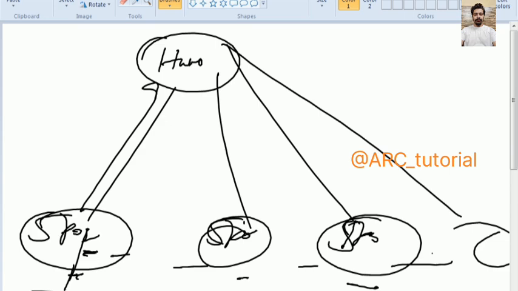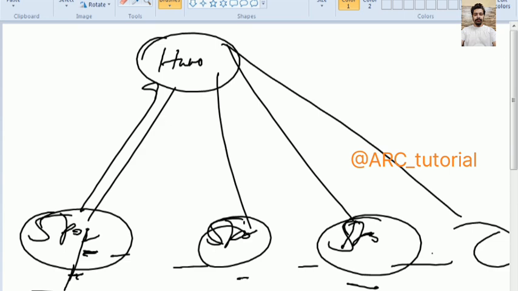So if you are having a hub and spoke topology, then on all spoke routers you will configure this stub routing. You will enable this stub routing. Have you understood it now? So is there any problem? So in this way you can configure stub routing, and this is all about how we can configure this